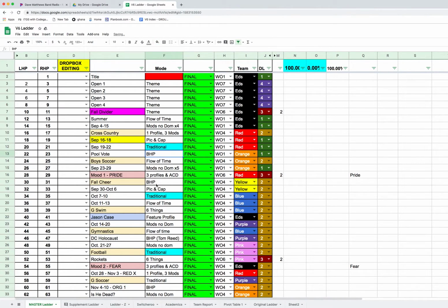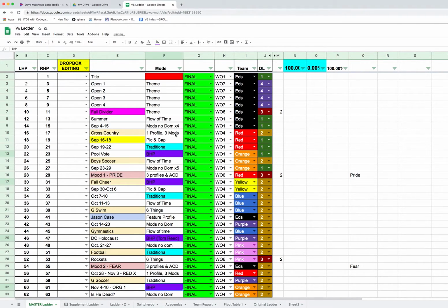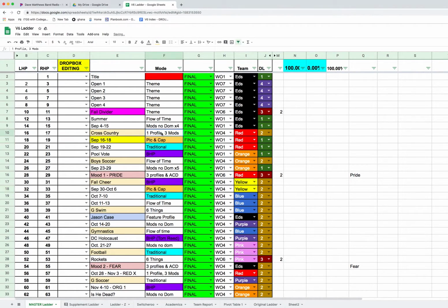Traditional spreads. BHP is what our kids called a big honkin' photo. That was a different technique. Pictures and captions means no feature story, just a hit of a broad view of a week's worth of experience just in photos and captions. One profile, let's see, mods no dom, mods no dom, mods no dom. That was another